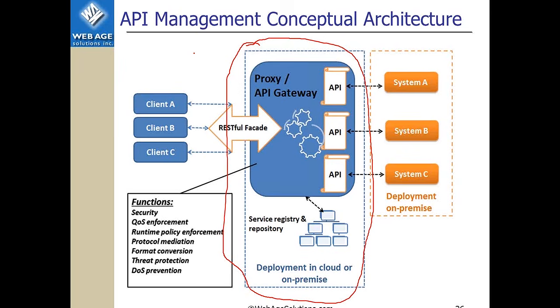Proxy gateway acts to ensure many functions such as security, protocol mediation, and so on and so forth. And for the most part, that gateway is backed up by an ESB of some sort.